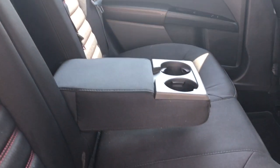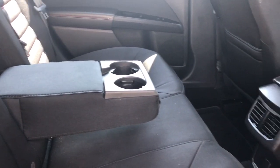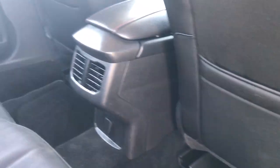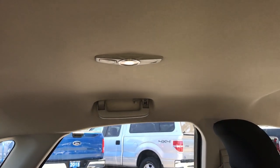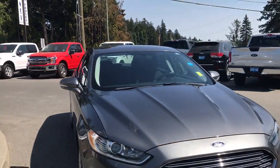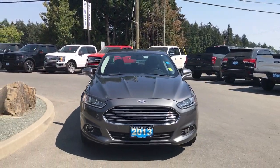In the center there's an armrest with a couple of cup holders, carpeted mats on the floor, slim pockets on the back of the front seat. There's air vents and a 12-volt outlet, and up above, hooks, handles, and lighting. Privacy glass in the back windows, heated and powered side view mirrors, halogen headlights, fog lights, and so many more